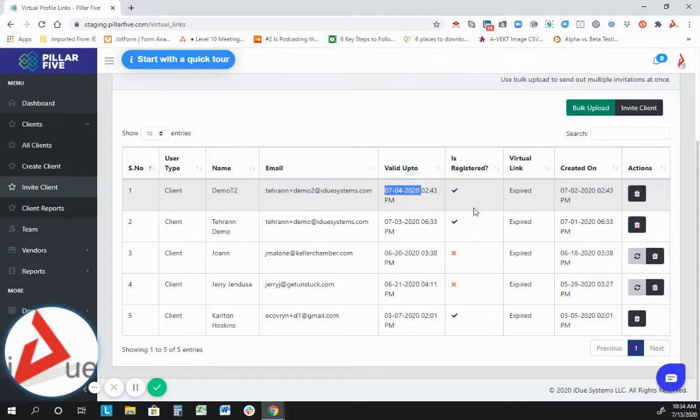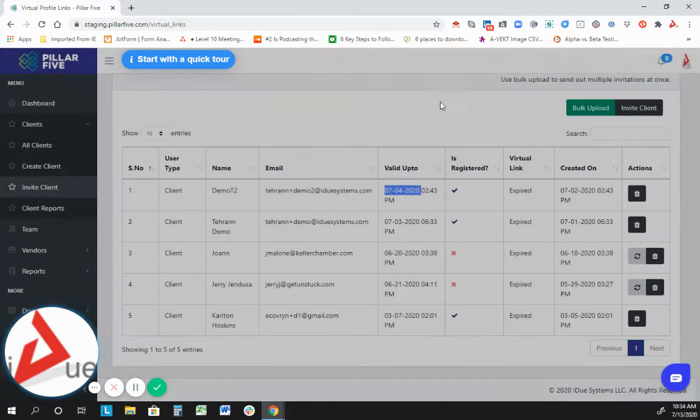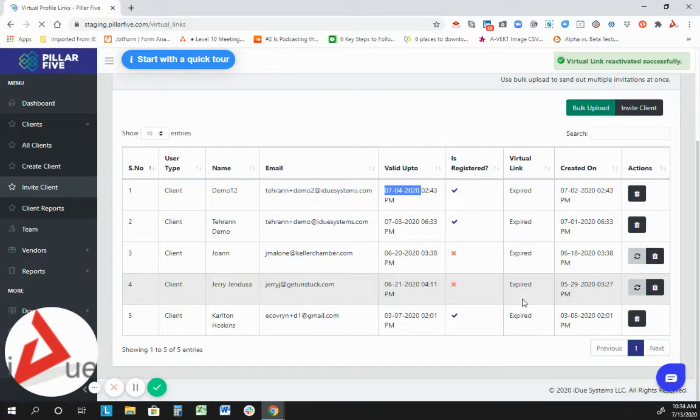Okay. You can always delete this information if you like to. I would not suggest to. This is kind of like a CRM, in a way, with a contact list, if you will. These will be all the clients that you have invited into the system, whether they're registered or not. If someone needs more time to do so, you simply come over here to click the reactivate button and click yes. And as you'll see, it will,